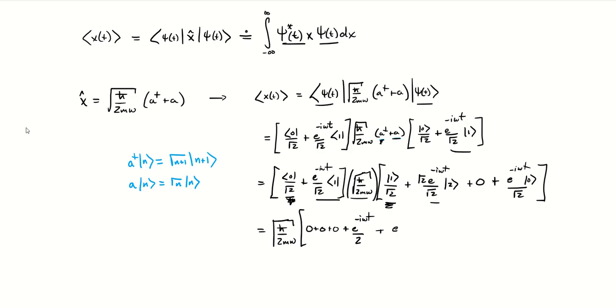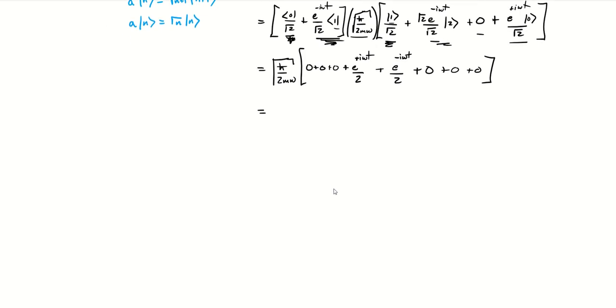Now we can go to these terms, the 1 and this term are going to give us e to the, oops, this is supposed to be positive there, e to the minus i omega t over 2, 1 and 1. This term's inner product with that, well, the 1 and 2 states are orthogonal, so that's 0. This one's 0, this one's 0. They're all orthogonal.